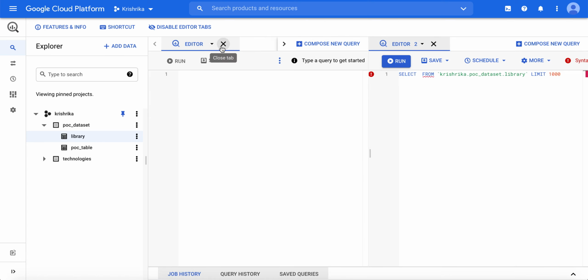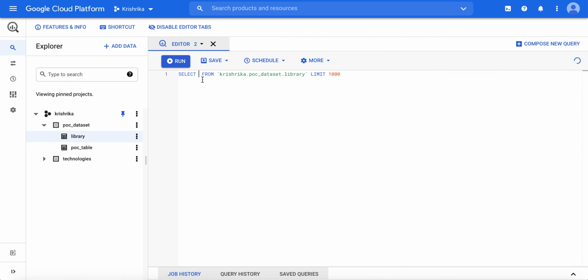So while inserting the data, suppose I want to insert into this table. What were the field names?